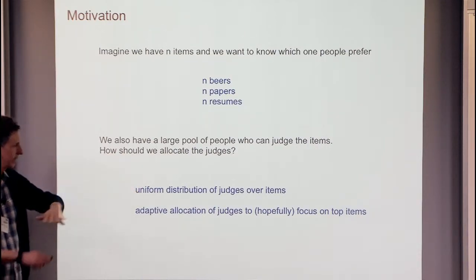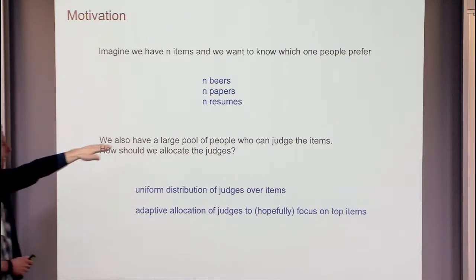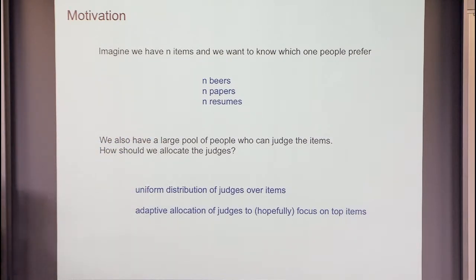Or rather than that uniform distribution, you might say, maybe we can start collecting ratings, getting judges to look at items, and as we get a little bit of a sense about what's going on, we might see some of the beers are really not liked at all, but there are others that people are giving higher ratings. Maybe we want to stop asking judges to taste those yucky beers and focus them more on the beers that might be winners. Or maybe we want to have some of our judges look at certain papers more than others because certain papers seem like they're really in contention for that best paper award. So that would be an adaptive allocation.